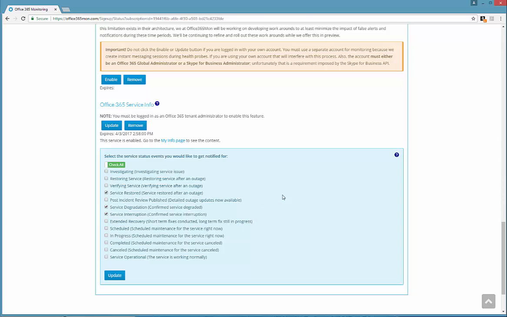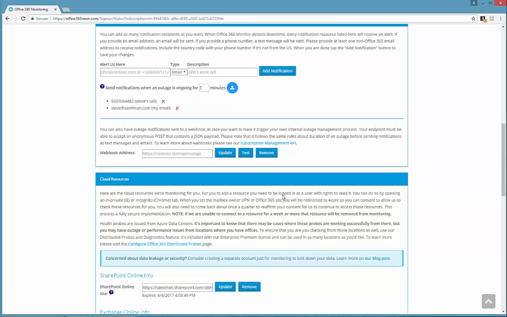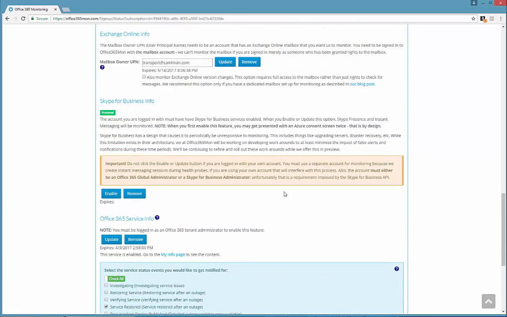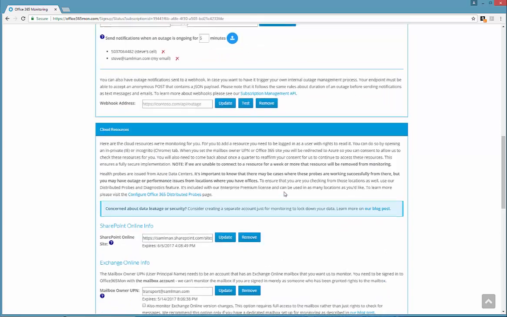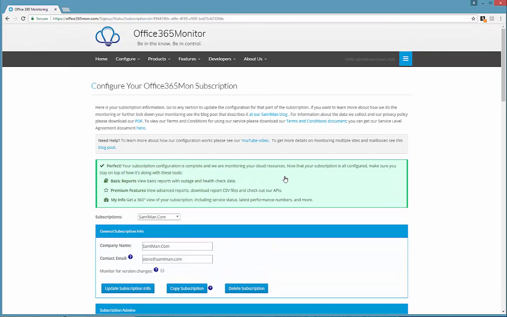Now, once you've gone ahead and you've set up all your monitoring, you can see we went through it a little bit slow to kind of explain what all the different pieces are, but you can literally get monitoring set up for all of your resources in just a matter of a few minutes. Once that's done, then we'll start monitoring those resources and collecting information on them. You can go to features like the My Info page. The My Info page is where you'll get a really good